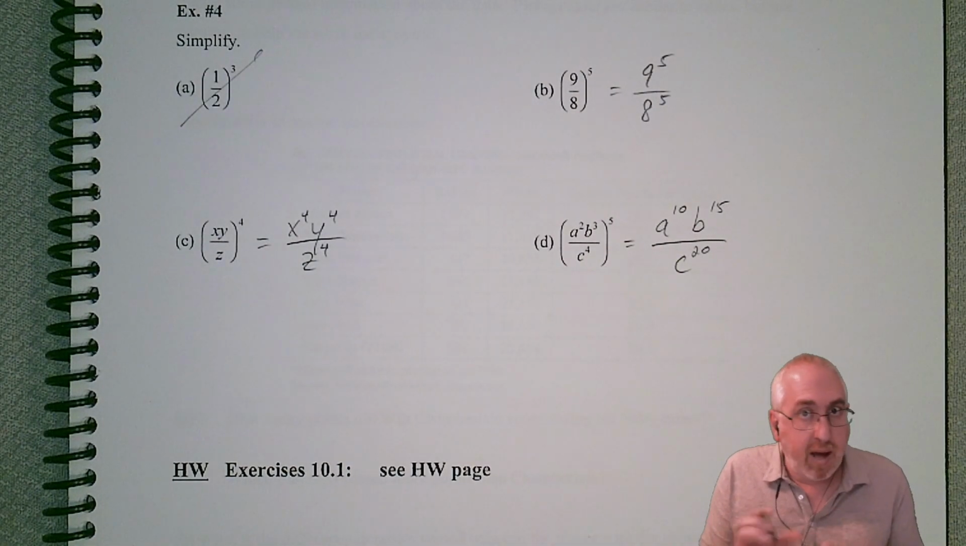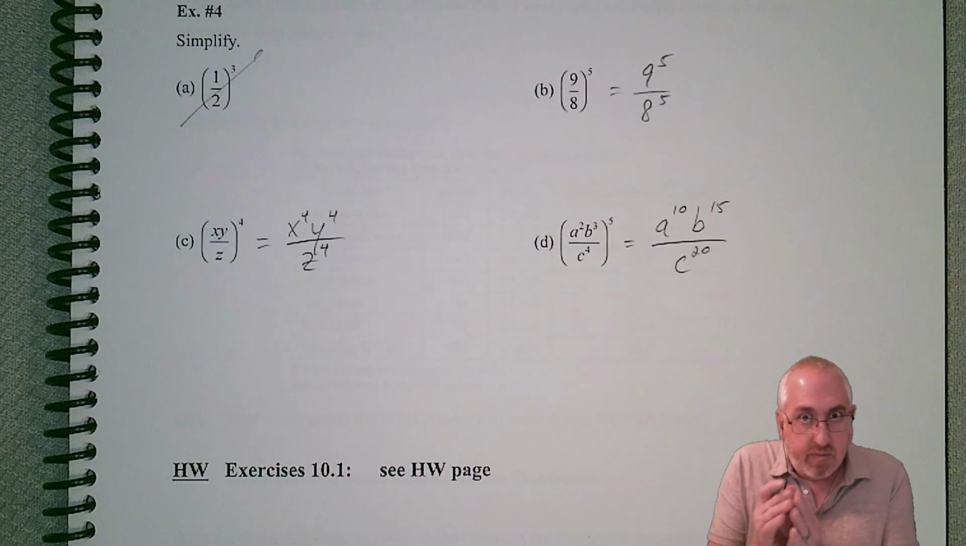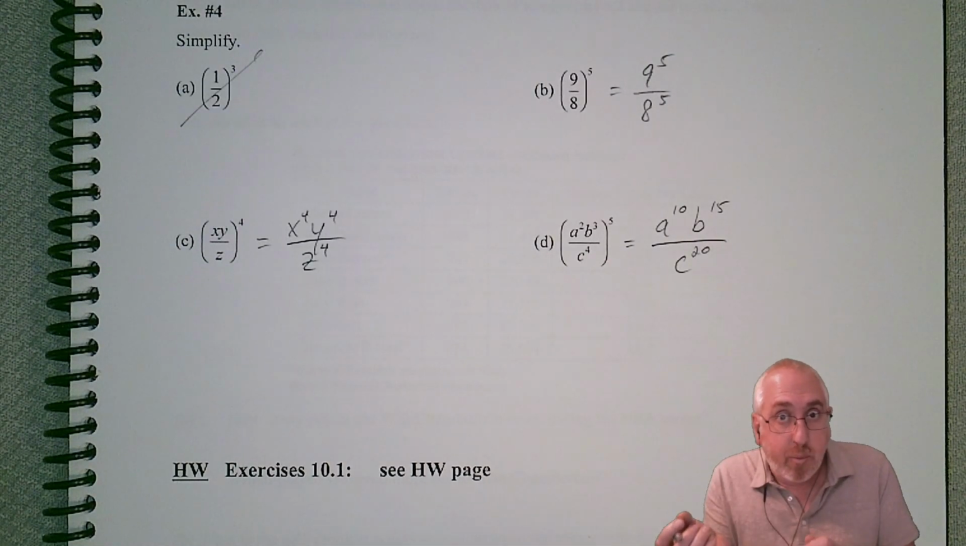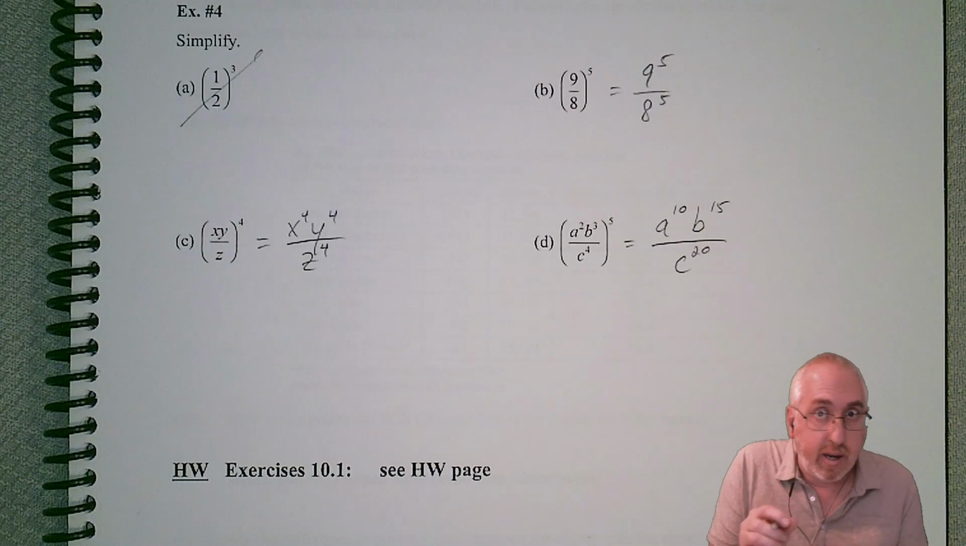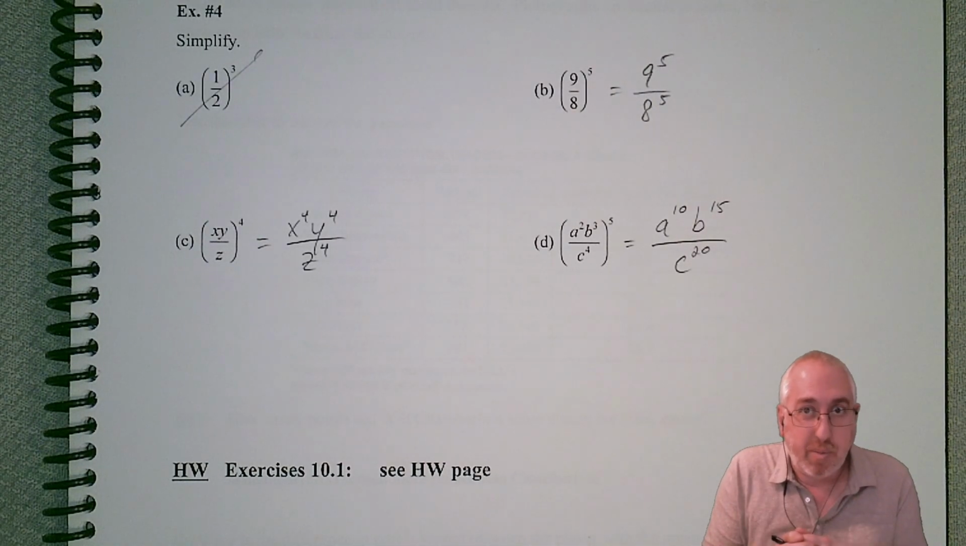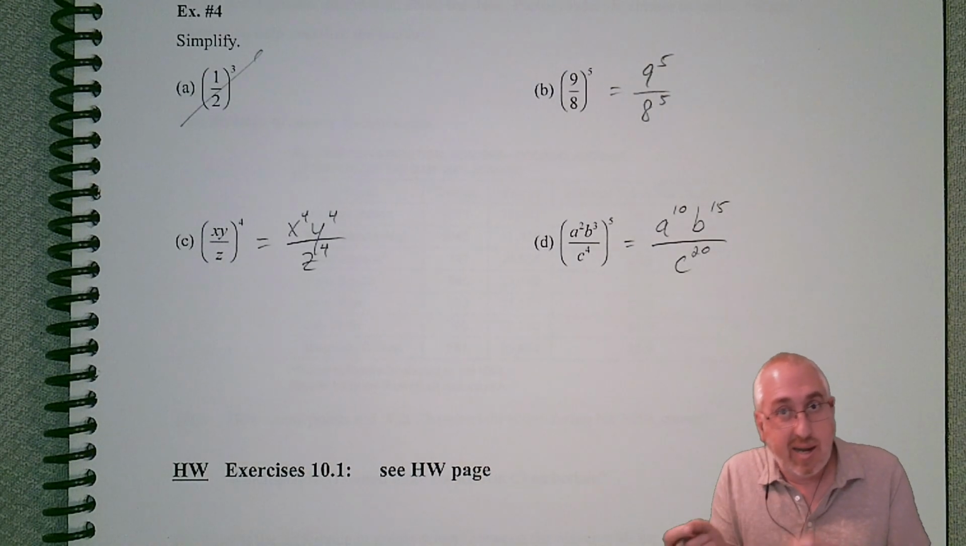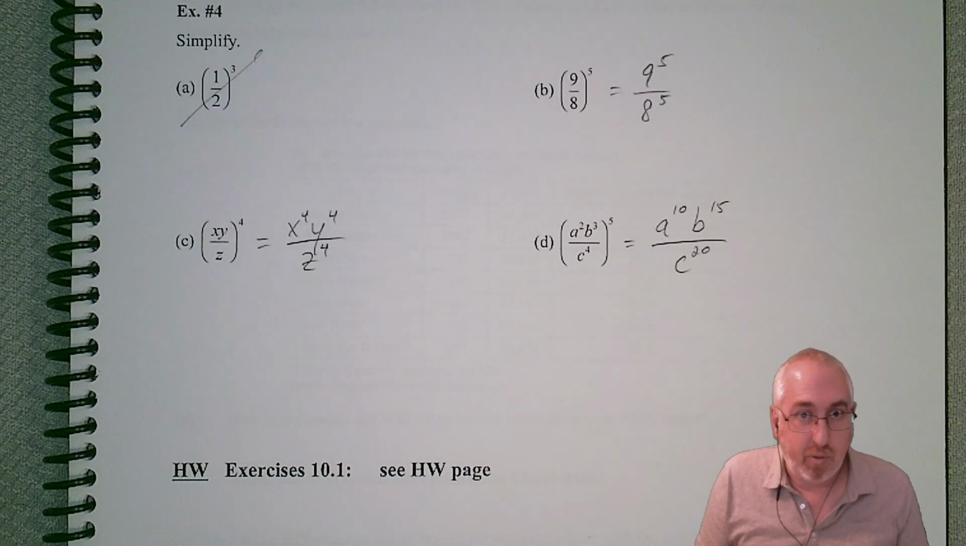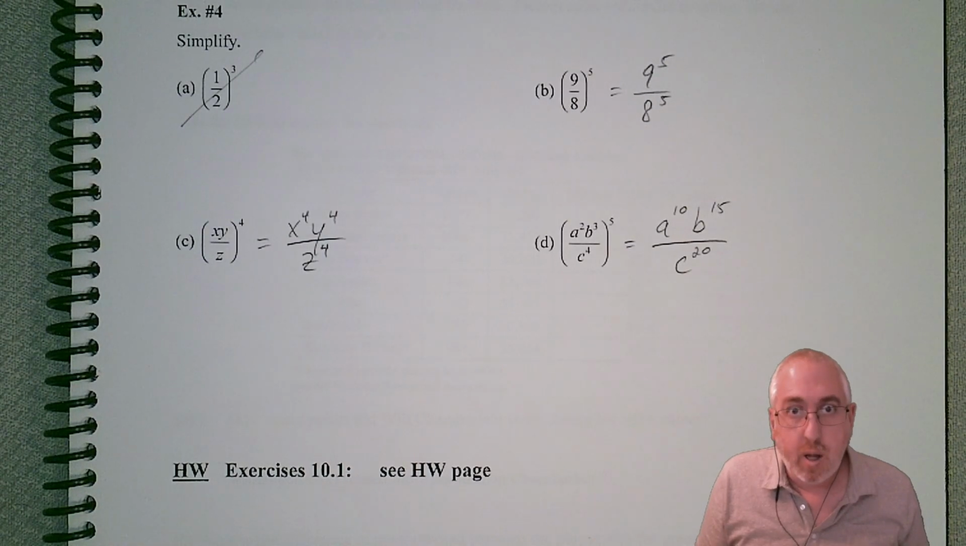So hopefully you have a sense of how this rule works. Again, use the advantage of having the exponent outside the parentheses versus inside. If it's inside, usually you're going to be able to add them or something like that. But if it's outside and inside, you're going to want to multiply them. So hopefully that is pretty clear, but if not,